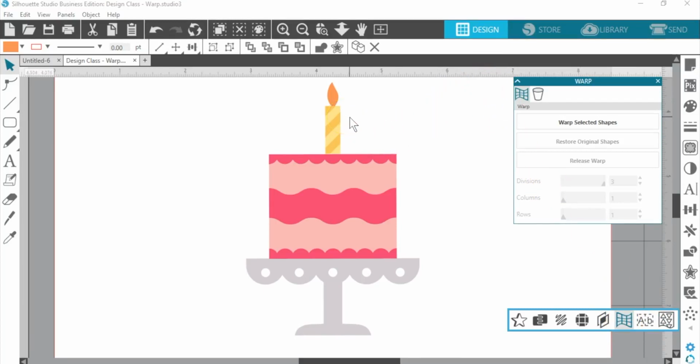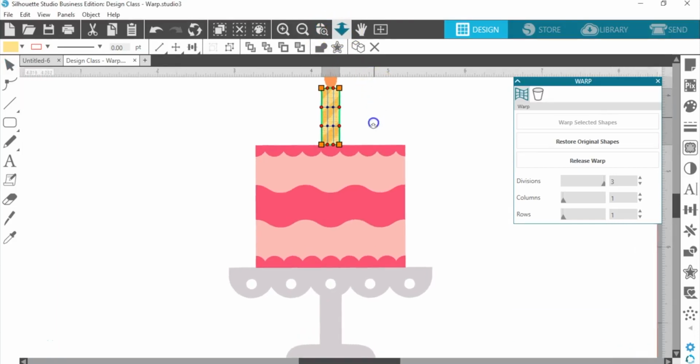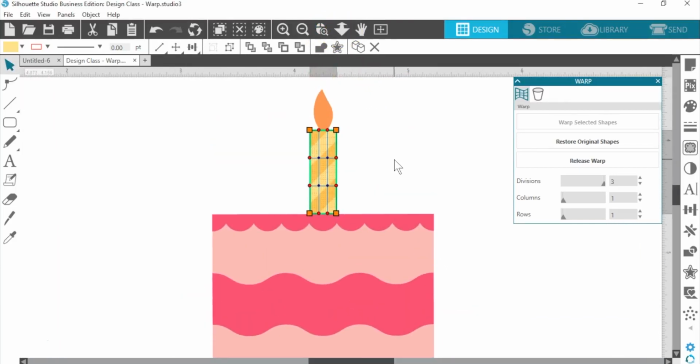So let's go ahead and choose the candle first. So we'll select the candle and just click Warp Selected Shapes. Now that just adds grid points where you're able to manipulate the design. So I'm going to zoom in some more, and I'm going to squeeze in the sides.